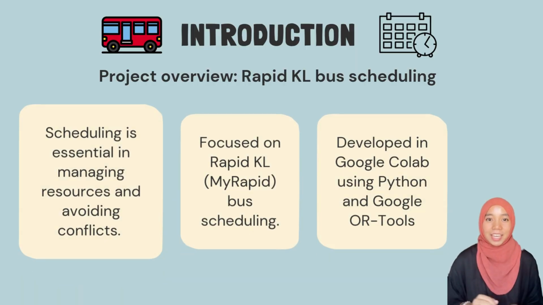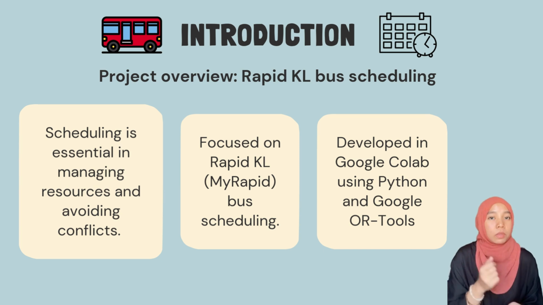Hello everyone. In this group project, we focus on Rapid KL MyRapid bus scheduling. The goal was to create a system that helps buses run smoothly without overlapping trips or delays. We found that scheduling is essential in managing resources and avoiding conflicts, especially in public transportation, where timing is very important. If the schedule is not clear, buses might arrive at the same time or be late, which causes problems